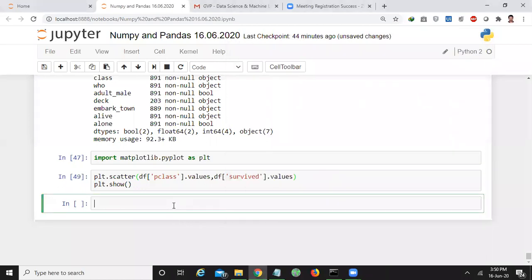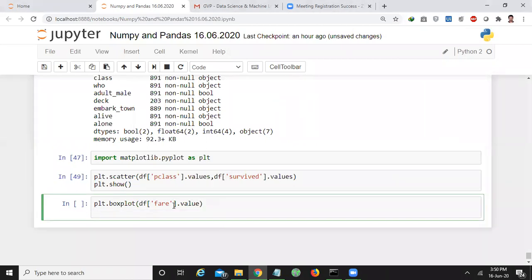For example, if I want to perform this box plot, I use df of fare dot values, and I write plt dot show.